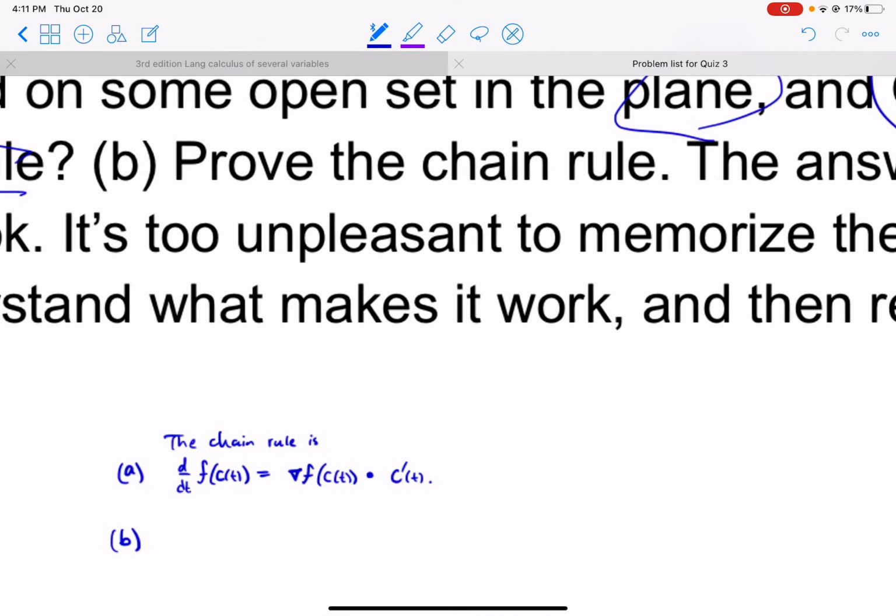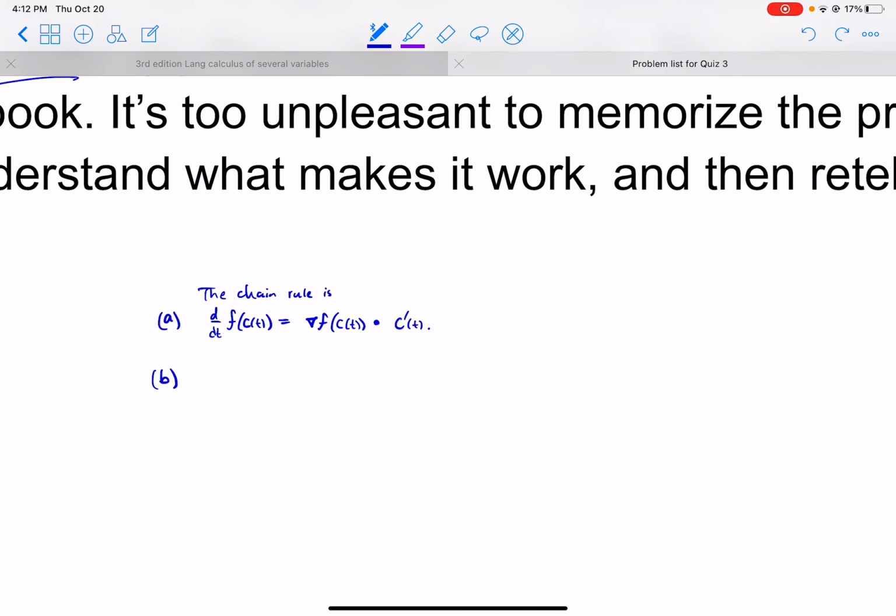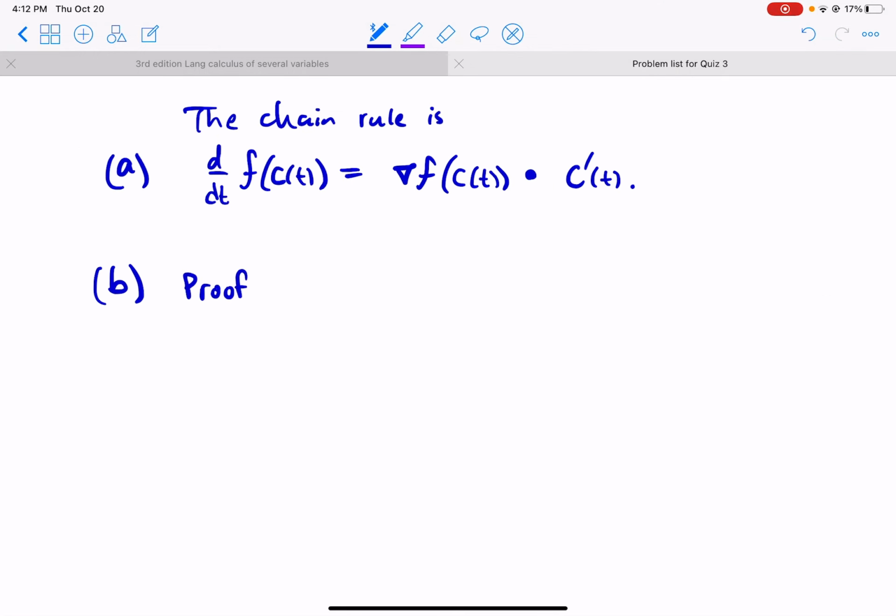Part B. Prove the chain rule. Proof. By single variable calculus, this right here is a function of one variable t. Even though f was a function of several variables, we plug in the components of this curve, and we get just dependence on t. So by single variable calc, the left side of this equation, by definition,